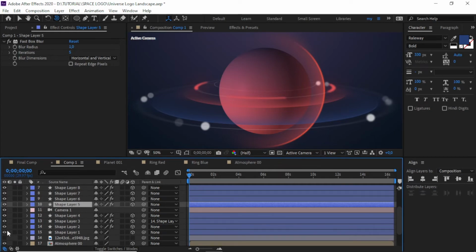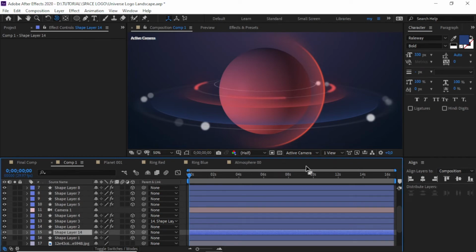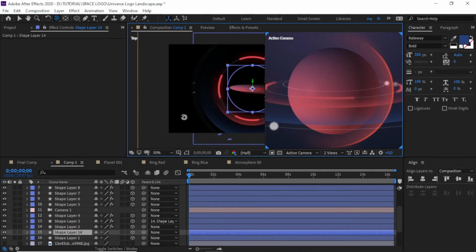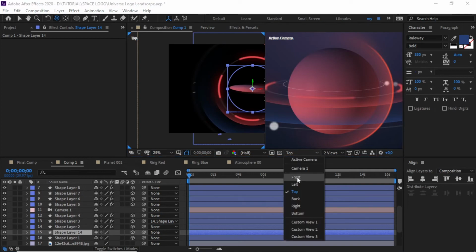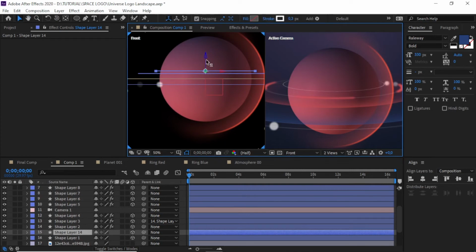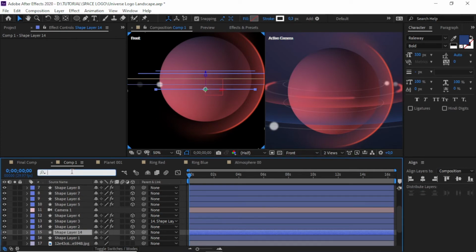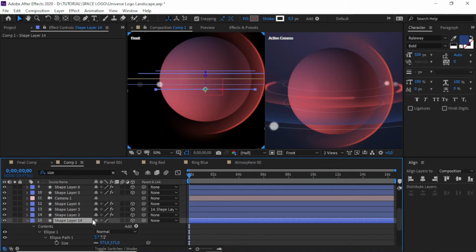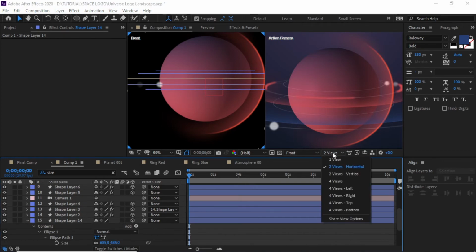This one, I'll copy it and bring it down on front view. Like this, but with different size. Maybe bigger, some kind like that.